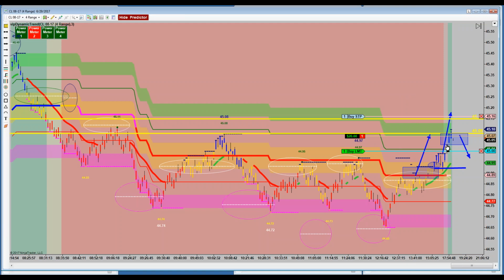Given the time of day, you have to filter many factors in here. You really want this to roll, and you want to get out of it pretty quickly. This is not something where you say to yourself, "Oh, it's probably going to get all the way back down to here. Wouldn't that be a nice trade? Geez, that'd be like 40 ticks. Woohoo, let's make a ton of money." The odds are you might not get to here. You might get to here, but there's some degree of certainty you might get to there. So at this time of day, I would definitely go with a tight target. No question about it.